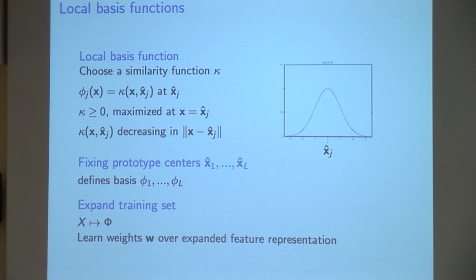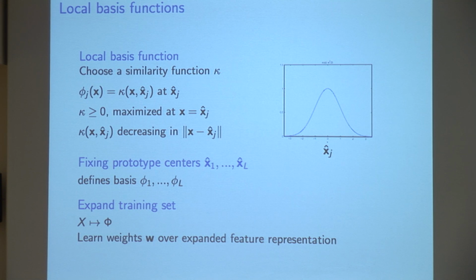So here would be an example. The kappa function is like a similarity between some, say, fixed center, call that xj hat. So we fix some center, and then we get this response function around that center, say like a Gaussian or something. And then let's make features out of that. We're going to design, say, the jth feature function, which is a nonlinear function of the data, and it is simply going to be the similarity to one of the training points. Pretty easy. So we use the training points to fix the centers, then plunk one of these basis functions on each of the centers, and define a new re-representation of the data.